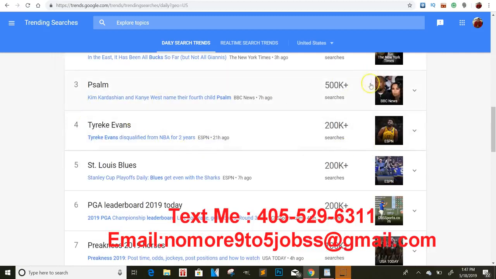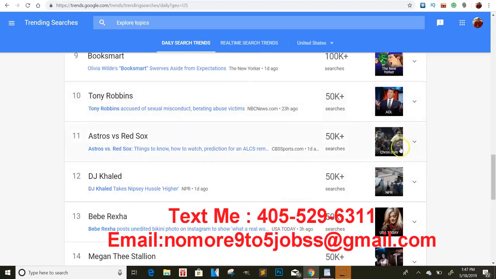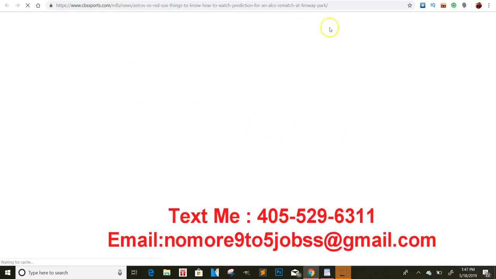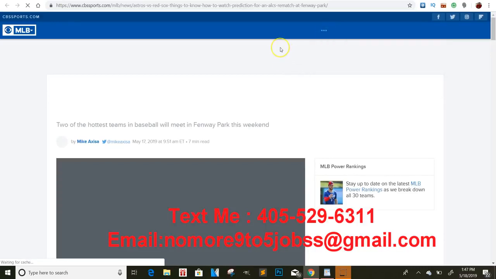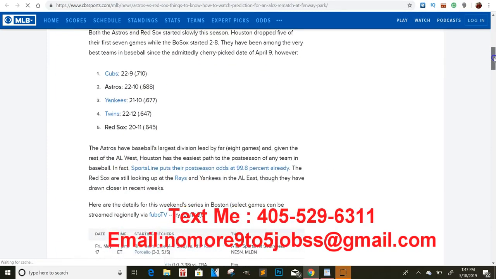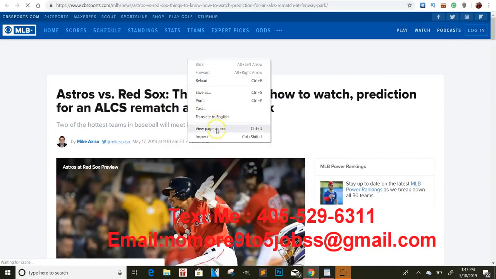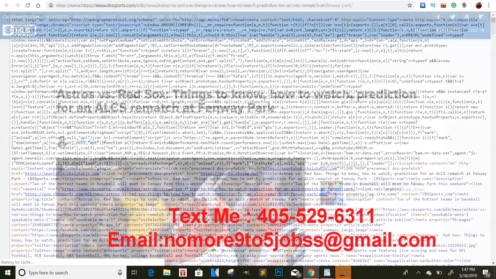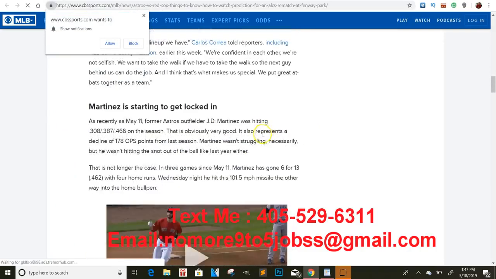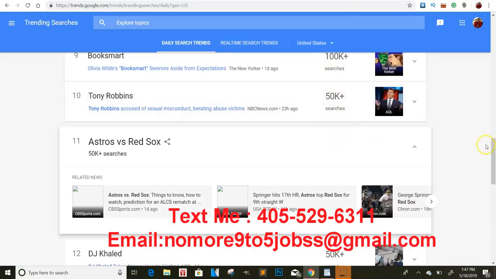So yeah, guys, just come through here, see how many searches this stuff gets, find out what you want to lock. If you find the article, because I think they give you the article. I just clicked on this baseball one. So this is what's trending now. Since it's trending, we can go ahead and copy this entire website and lock it up for people who are interested. They're searching for this stuff. Yeah, a simple right click, view page source, copy the entire thing, put the content locker at the top, and you've got yourself a trending site that's getting upwards to how many searches?